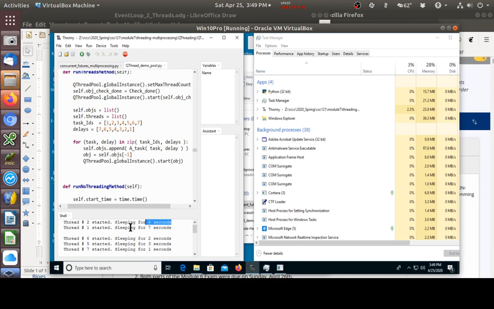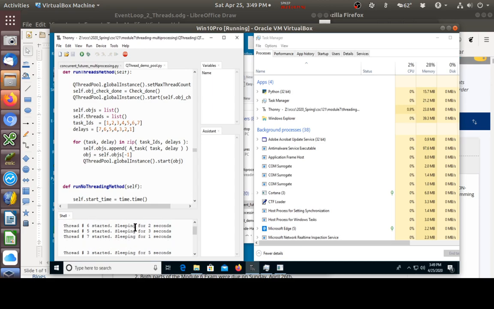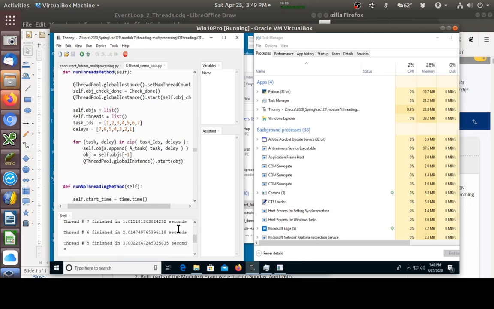Here's our thread 6 started, or thread 2 was started for 6 seconds. And you can see all 7 of them finished in slightly over 7 seconds. So,